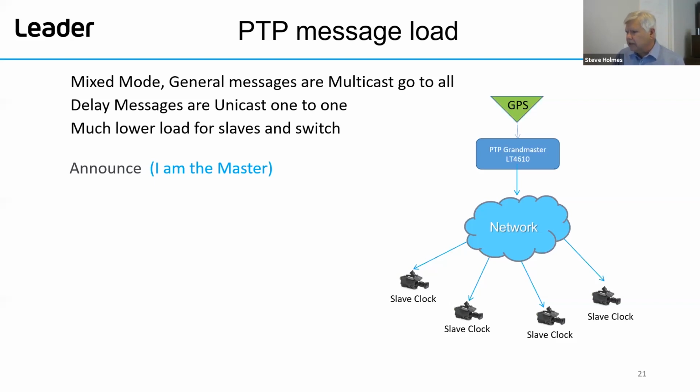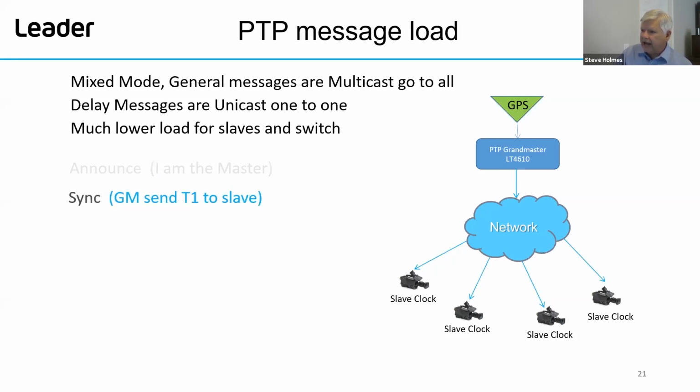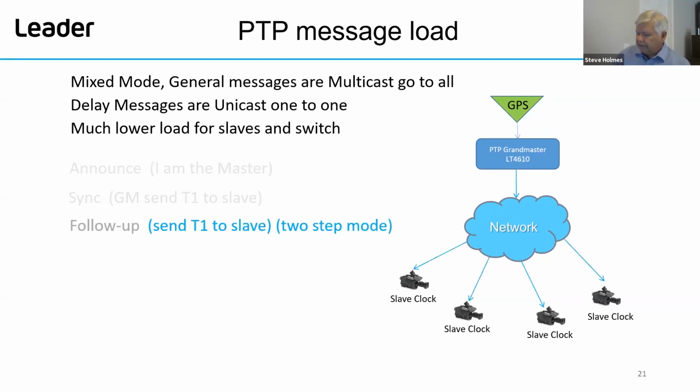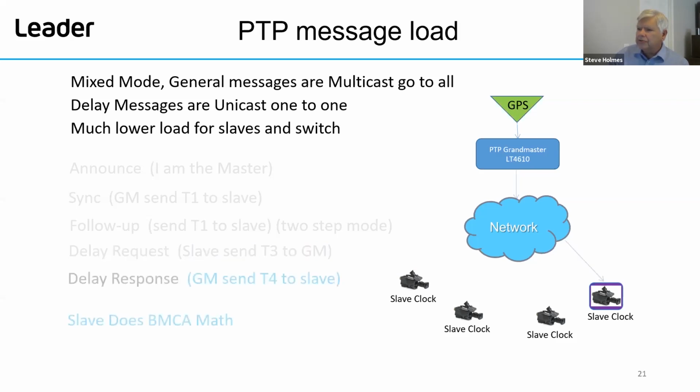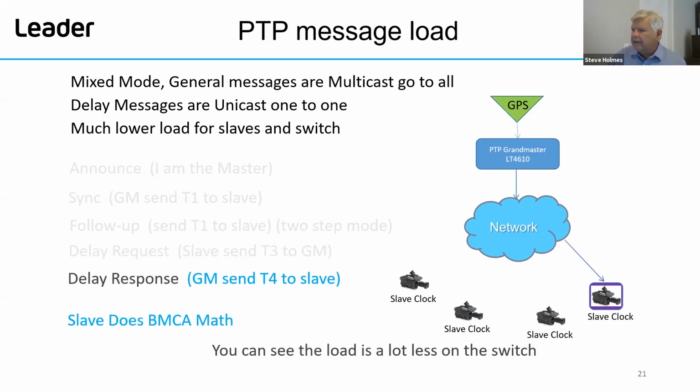Here's my ID, here's my clock class, my priority 1, priority 2, to everybody. He's going to send out his time as a sync message, and send out a follow-up if you're 2-step. The delay request now from the slave is going to be a unicast message to that particular Grandmaster. The delay response now from the Grandmaster will be a unicast message just to that one slave. So the loading on the switch from PTP messages is a lot less because you aren't sending all that multicast